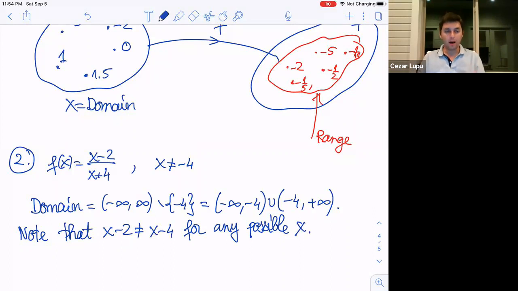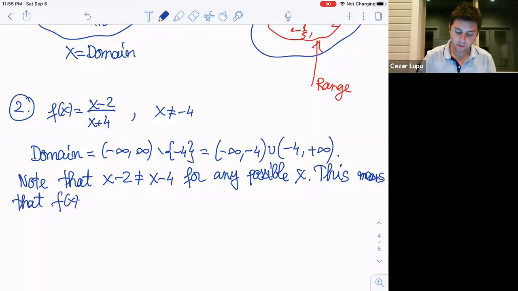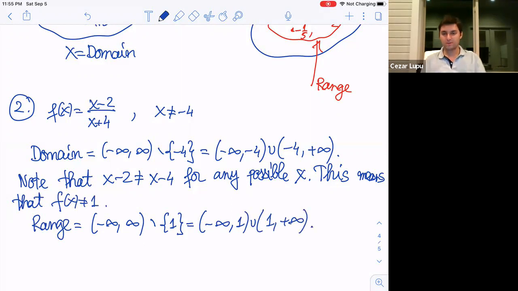So any x you plug in there is not good. That fraction will never be 1. So this means that f of x cannot be 1. So it's different than 1. Therefore, the range will be nothing else than just the entire real line, -infinity, infinity, minus this element 1. If you want, you can write it in this way: -infinity, 1, union with 1, positive infinity. So that's the range